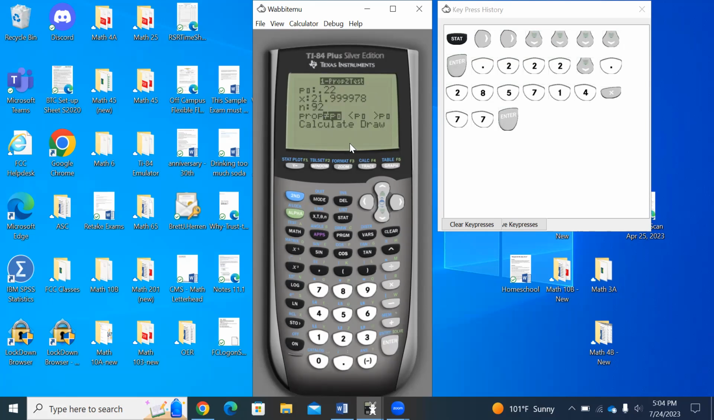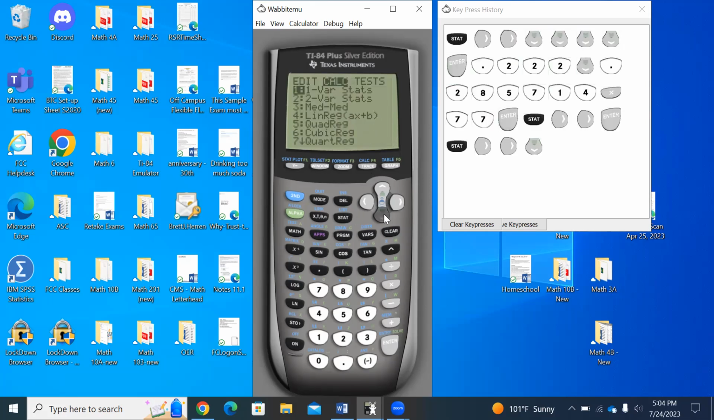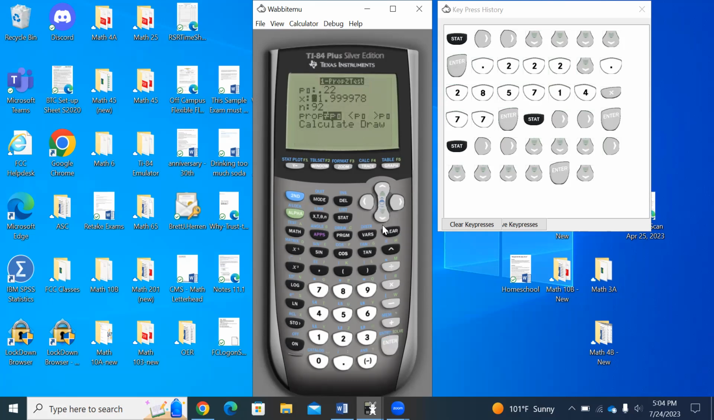I don't know if that's going to let me. Yeah, I'm going to have to hit stat again. It's not going to let me go back. Oh, sorry, I'm hitting all kinds of wrong buttons here. Stat, test, 1-PropZTest. Okay, 0.22. I'm going to make this